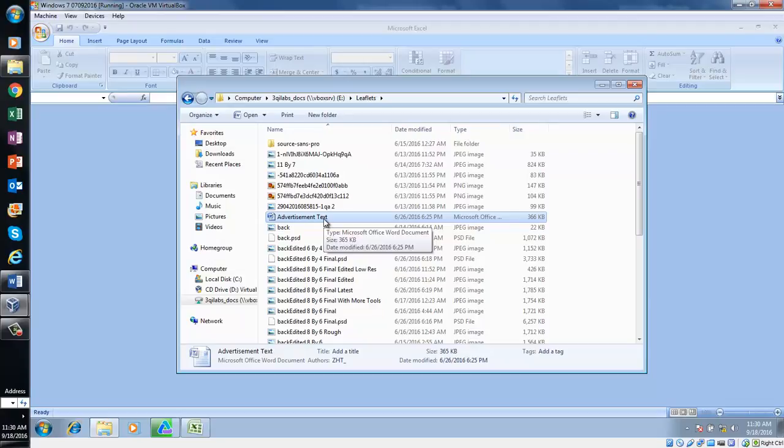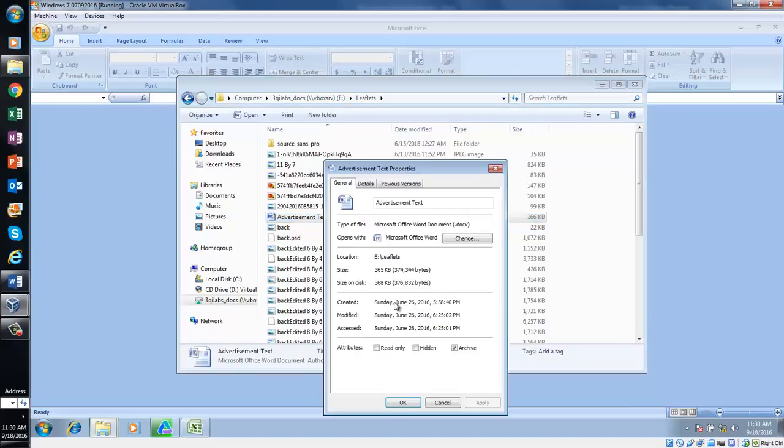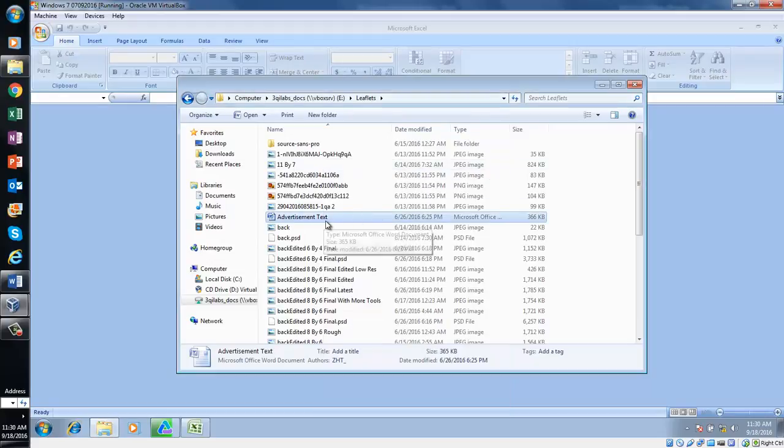Now, how will you see the type? If you go to the properties, then can you see this is a .docx file, right? So the name of the file is advertisement text and the type is .docx. Now I have copied this path, okay, and then you go to your